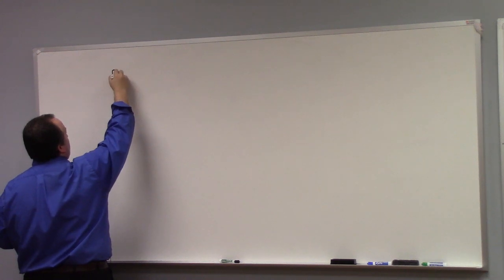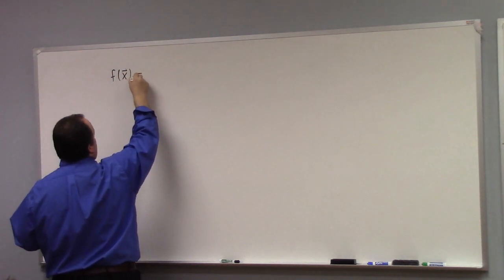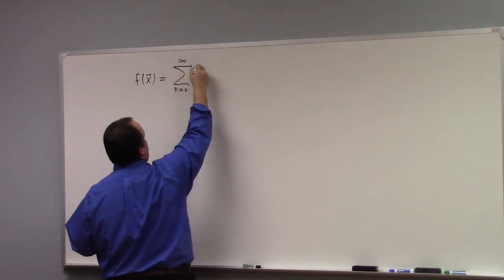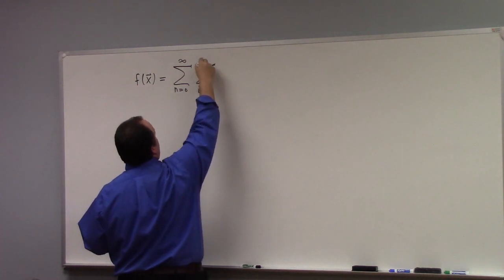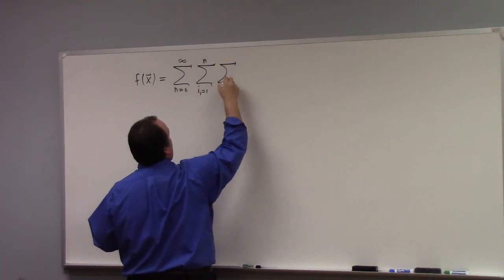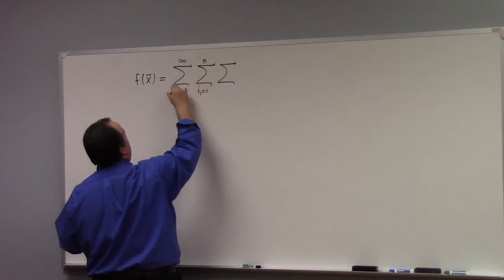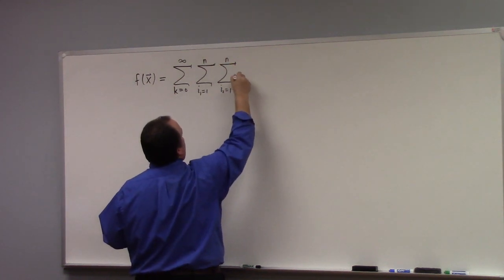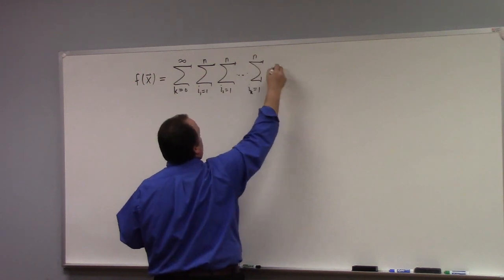The result is simply this. If we have a function of n variables, I'll just write it in kind of a vector notation. F of vector x, which you can write is simply this. The sum n equals 0 to infinity of, and this is going to be ugly, I1 equals 1 to n. Bummer, I got to make that a k. I2 equals 1 to n. I sub k equals 1 to n of,